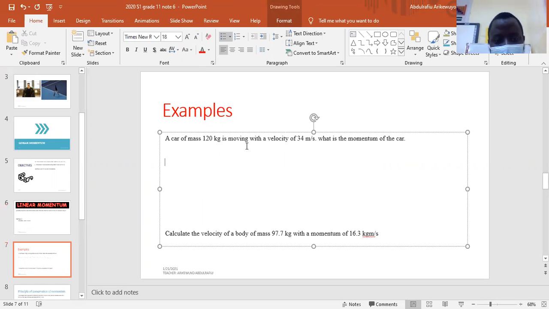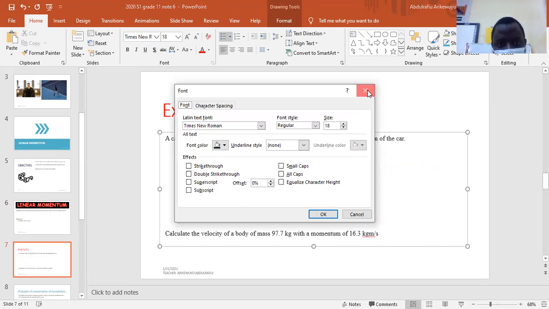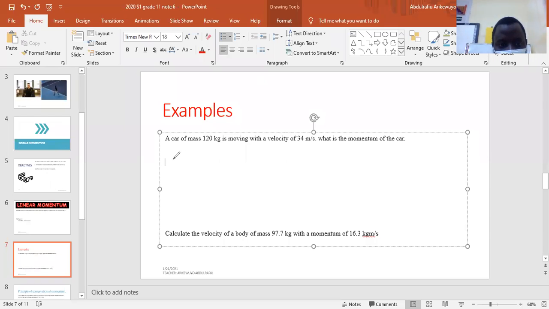So we have said that the momentum is the same thing as m, no, sorry, m is not momentum. There is a symbol for momentum. Let me use my pen to write that. So momentum, rho, is the same thing as mass multiplied by velocity. If we solve this question, we'll now talk about the unit of momentum. What is the unit of momentum? Let us finish this example first.